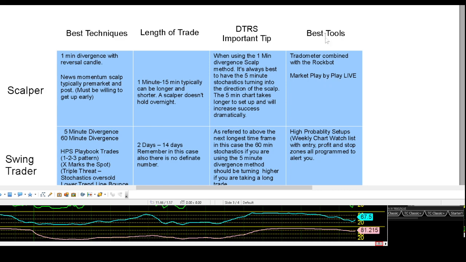Here's a little chart that I made up for people out there, just to show you the different techniques that we use. I use a divergence technique based off George Lane's divergence style methodology, and I've tuned that to my method. We add multiple time frames to that, some other indicators, and it's given us these great signals, which I call the super signal.